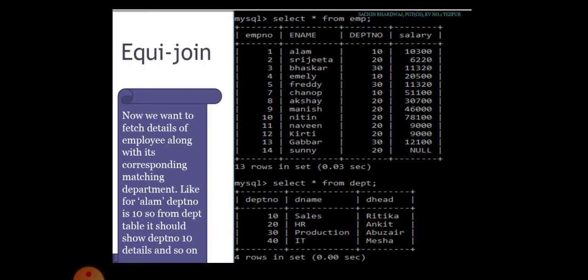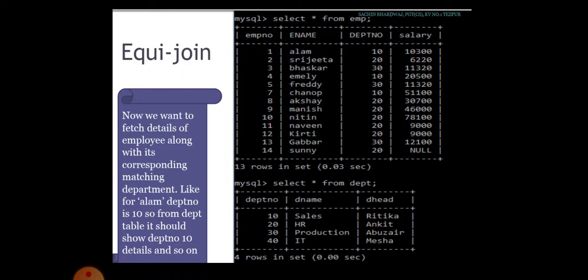We need to refer 20, that is department number 20 in department table. So, what are all the details we are getting? 20 is the department number. Department name is nothing but HR and whose head is Ankit.